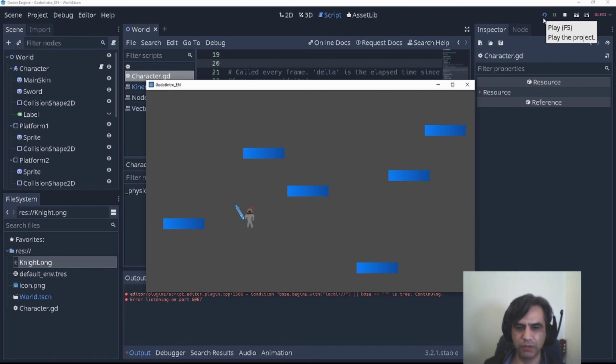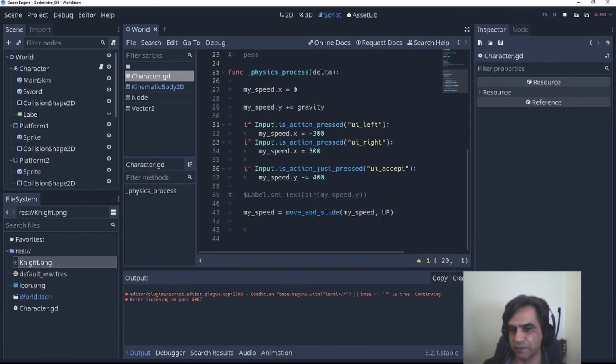So I did the Flappy Bird. So we don't want that. Yeah, RG made the clone of Flappy Bird.